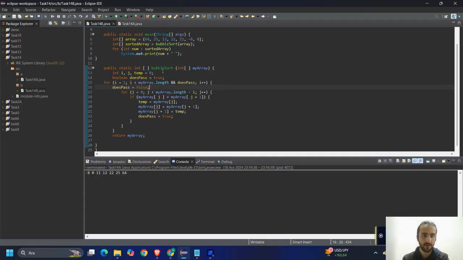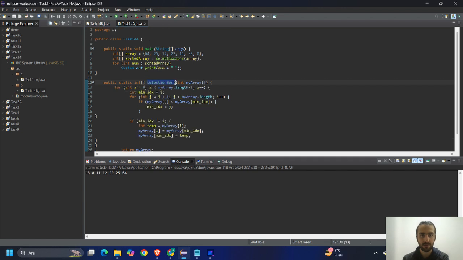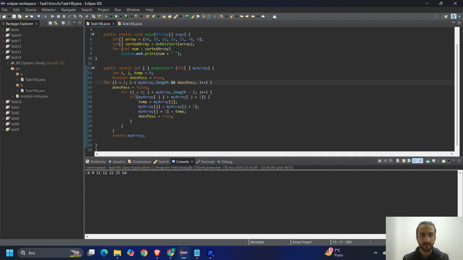Task 14B is here. In this task, similar to the previous task, we have a new sorting algorithm, something called bubble sort. The key difference between the bubble sort and selection sort is that inside the bubble sort loops, we have something called pass, which is basically a Boolean variable. This Boolean variable is taking the role of the break statement because it's meaningless to repeat the